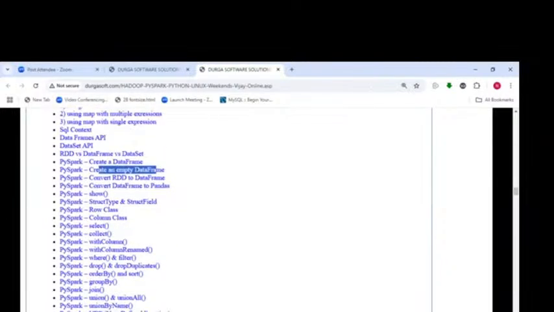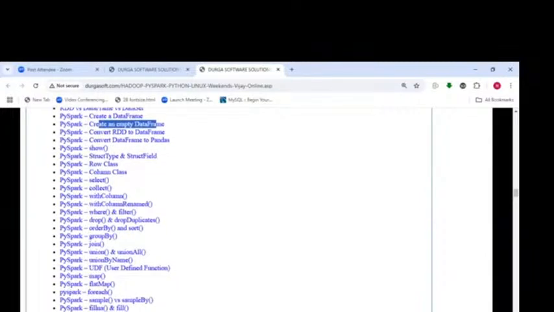and PySpark creating a DataFrame, creating an empty DataFrame, convert RDD to DataFrame, convert DataFrame to pandas, PySpark show, StructType and StructField, Row class, Column class, select, collect, withColumnRenamed, where and filter, drop and dropDuplicates, orderBy and sort, groupBy, join, unionByName, UDF, map, flatMap, foreach, sample, pivot, partitionBy, array type, map type,